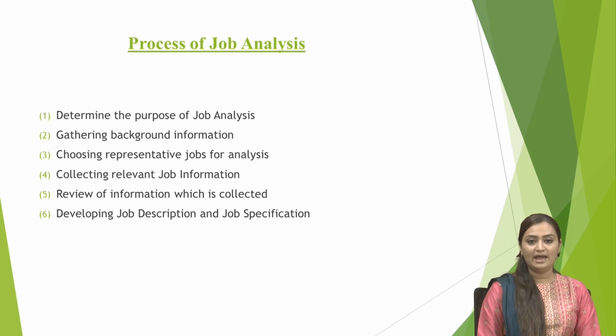Next, gathering background information. After having a clear objective or purpose for job analysis, they will gather information from all the sources available to them. Then they will choose a representative job for analysis. Then they will collect the relevant job information about the redistribution of work in the company, and ultimately review the information collected. So after determining the purpose, gathering the basic information, and choosing the number of jobs most required to analyze,